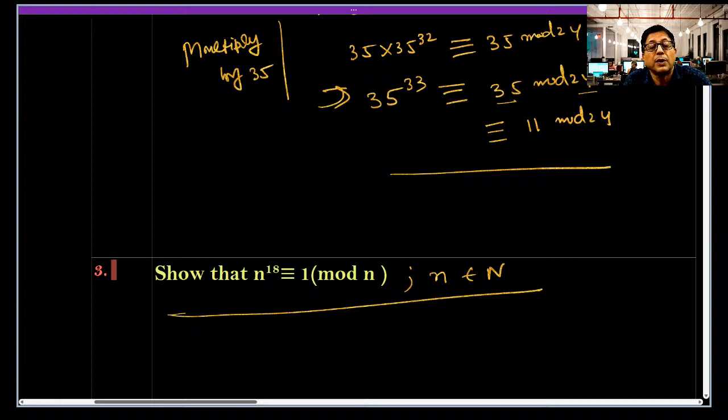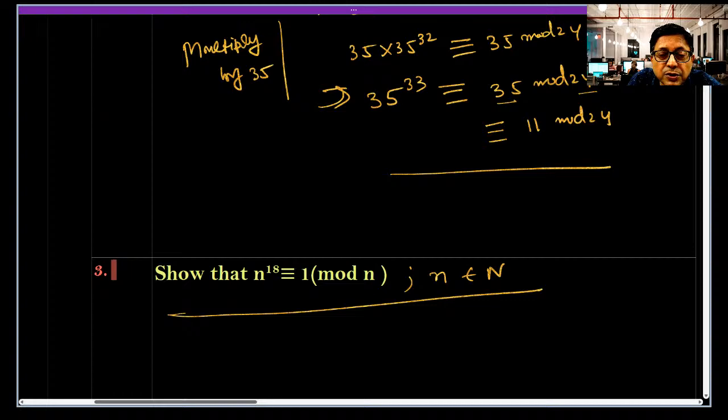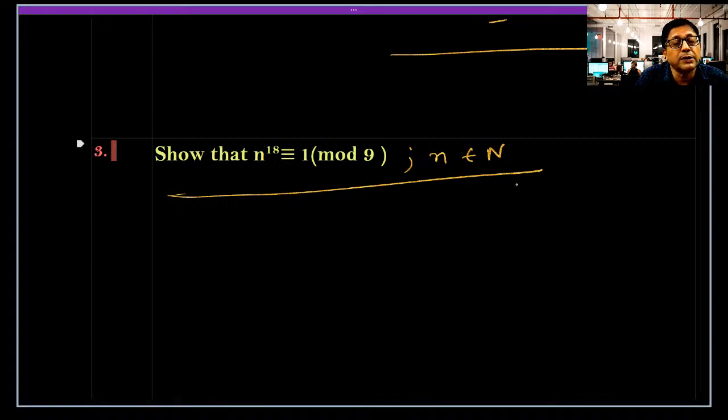N is a natural number, and you want to show that n to the power 18, oh sorry, not n, it is 9. Extremely sorry for that. n to the power 18 is congruent with 1 mod 9. So like the previous one, here